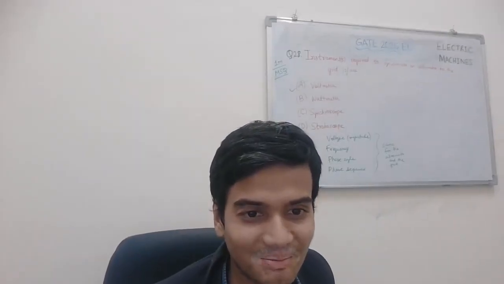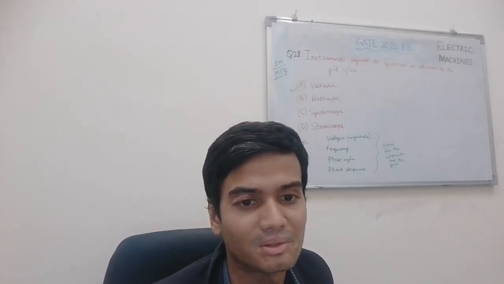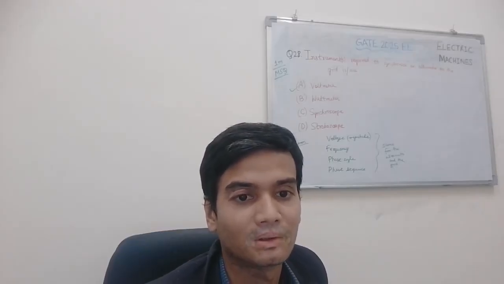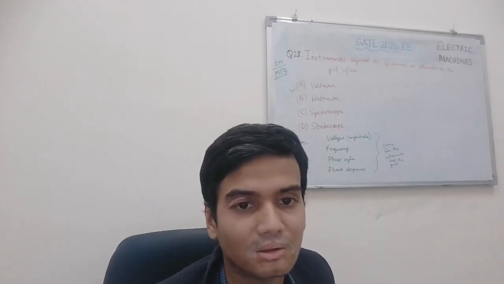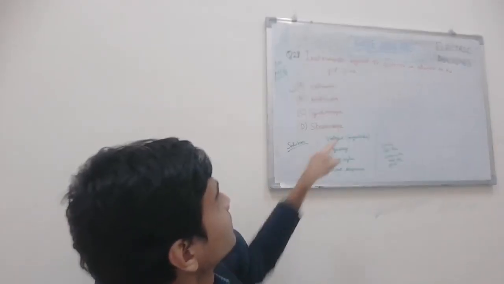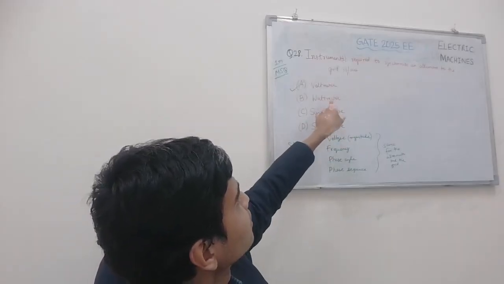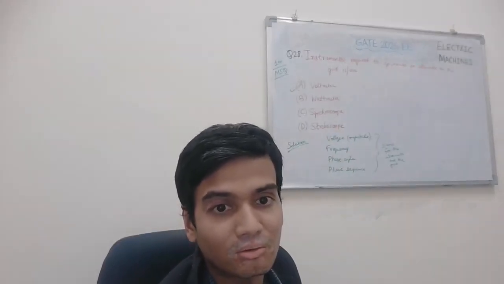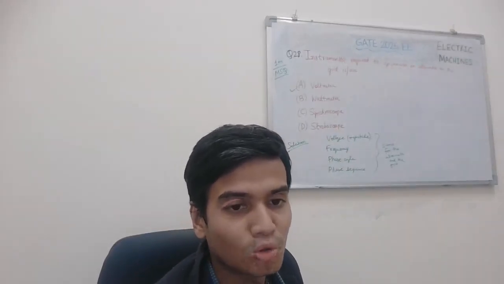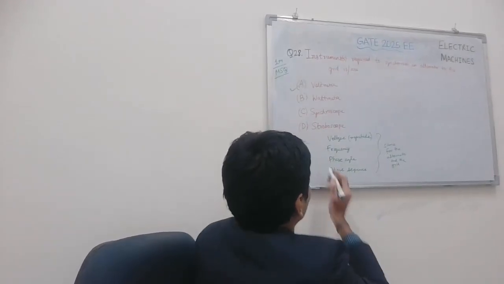Obviously not directly, but by stepping it down and then measuring the voltage. So a voltmeter is required. Next, a wattmeter is not required, as it measures active power. In this case, for synchronization, an oscilloscope is required for measuring